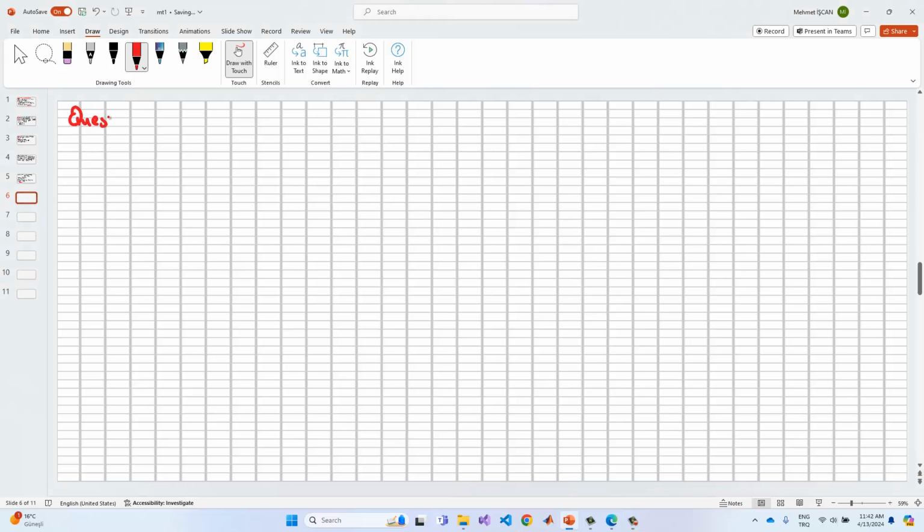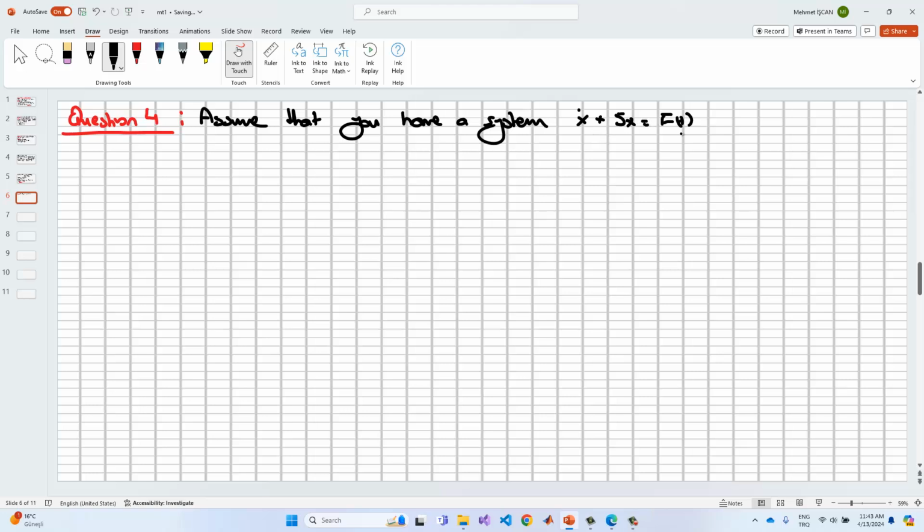Okay, in question 4, assume that you have a system like x dot plus 5x is equal to ft. Okay, this is the dynamic equation. For any given system, ft is equal to 5 times ut, a unit impulse response. Okay, and then solve